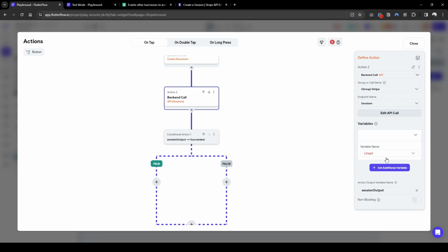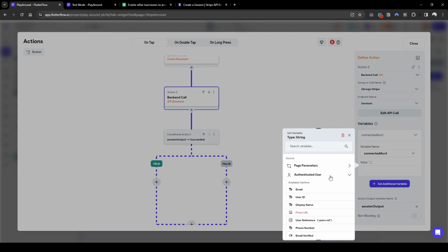So we're passing in the variable. We're going to pass all these variables in. So you're going to pass the connected account. And remember how we set up the connected account is going to be on the user's Stripe account ID,